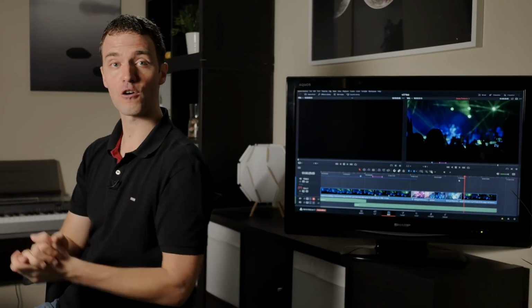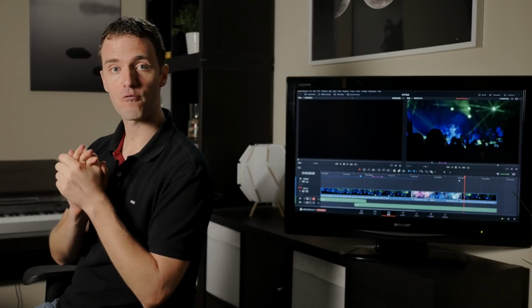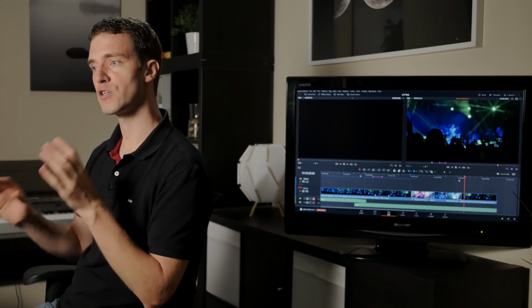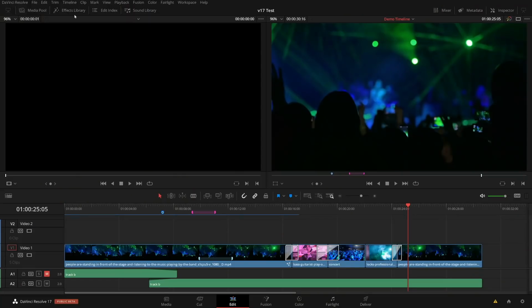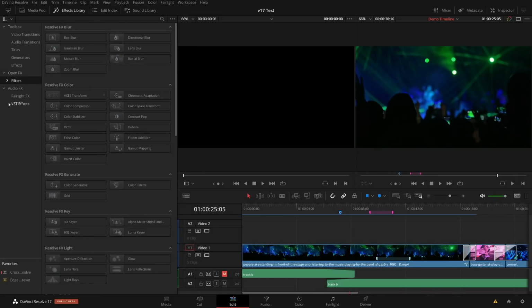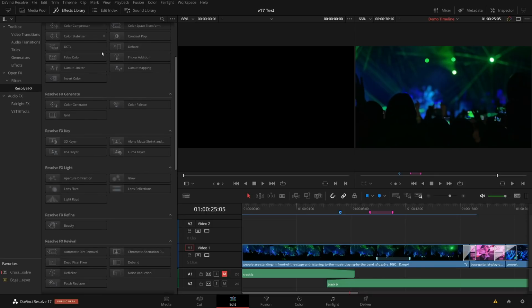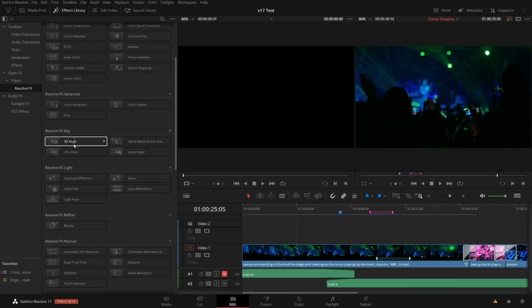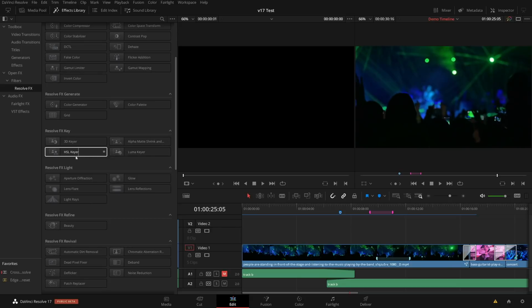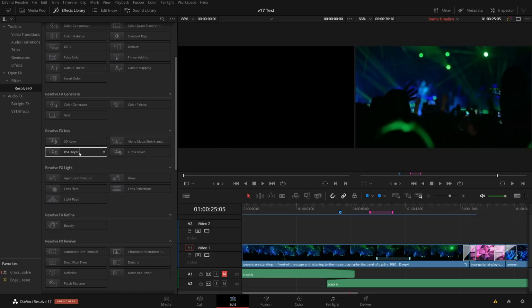Last thing for this long tutorial, there are more ResolveFX tools now available in Fusion, which can be helpful. Actually, there are much more now available in the edit page. So if I go to the effects library in the edit page, you see now, for example, certain keying tools here in the ResolveFX. For example, a 3D keyer and some AlphaMatte and Luma keyer, and the HSL keyer.